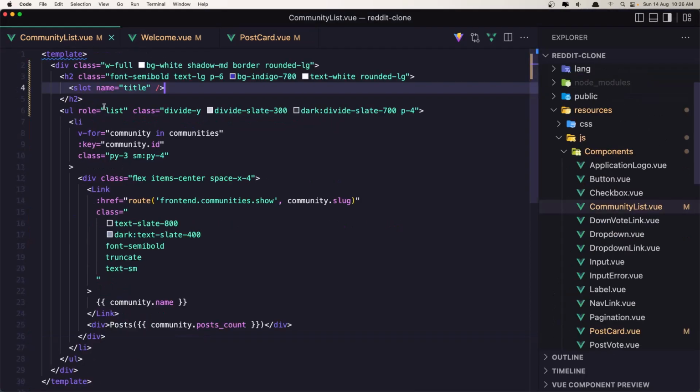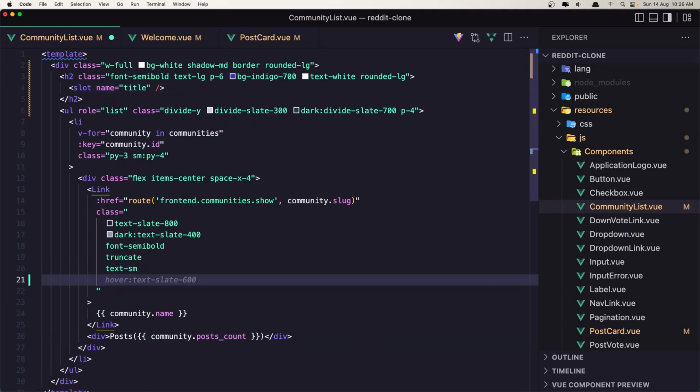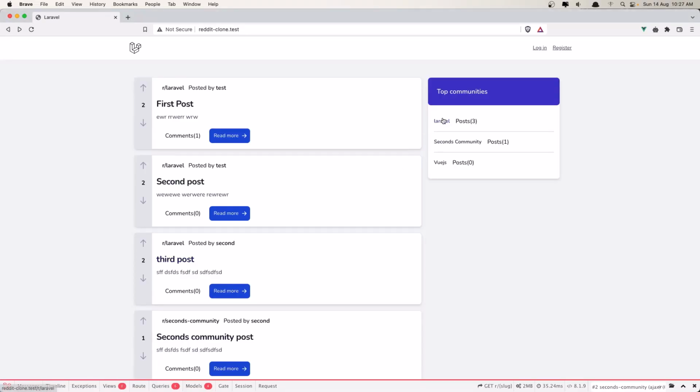The same I'm going to do in here. So in the community list, when we have a link, let's add on hover to be text indigo 700. And now, yeah,